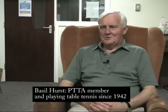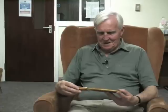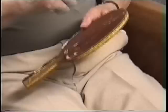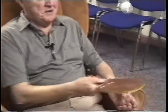I was always used to playing with a very woody bat. I have an example here. It's not the bat that I started with, but it's one I've managed to resurrect from my archives. And this is a Philby bat, and it's a little bit hard, unresponsive. Very definite sound, but not a lot of fire in it. Now this is a modern day bat,